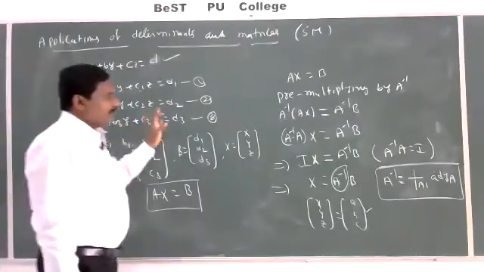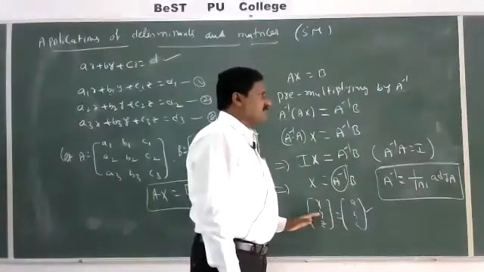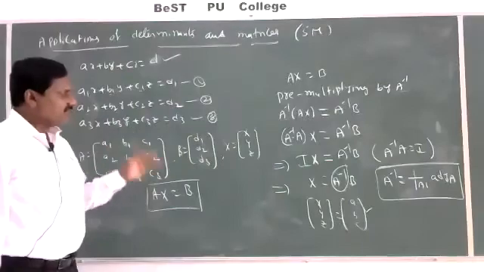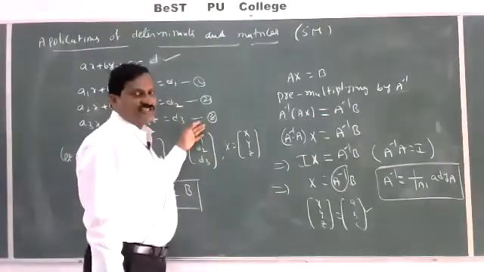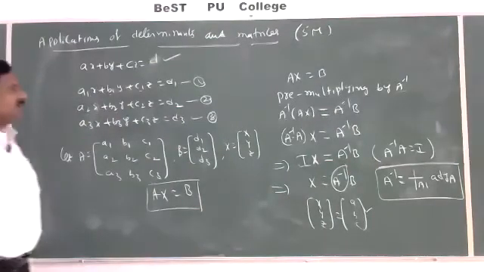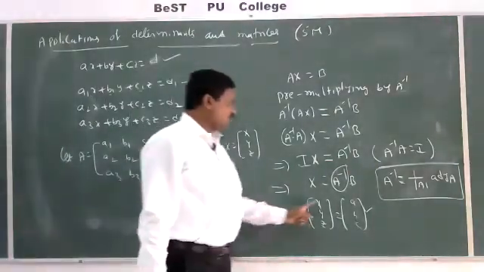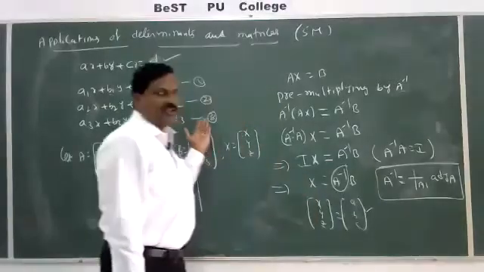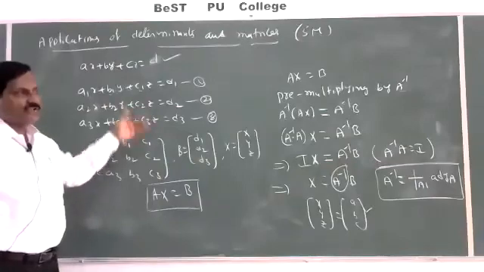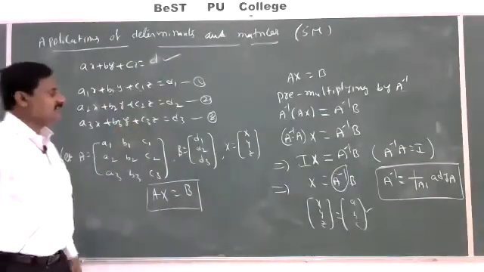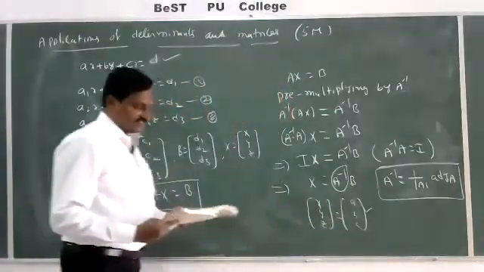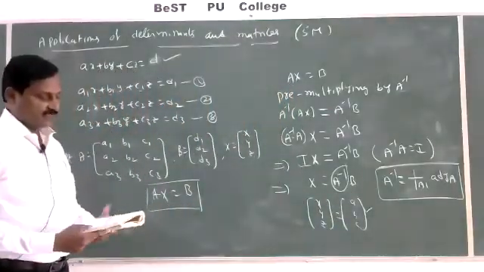If the solution does not exist, that is, we can't find solutions for the given linear equations, then we say that the system is inconsistent. If you get a unique solution or more solutions for x, y, z, the system is called a consistent system. Suppose the solution does not exist, then the system is called an inconsistent system. First, note down consistent system and inconsistent system.